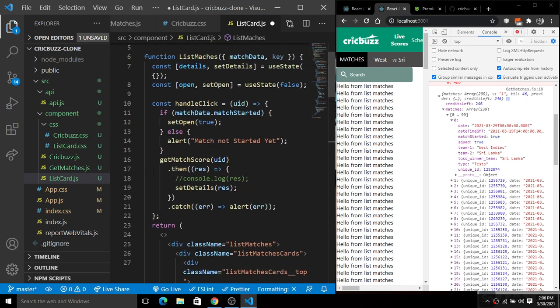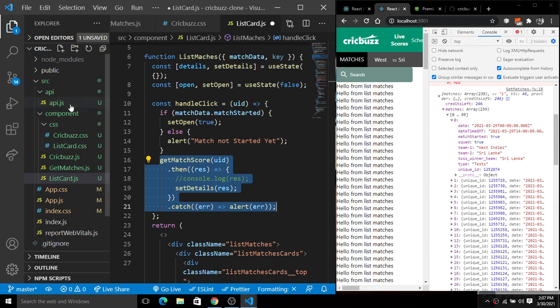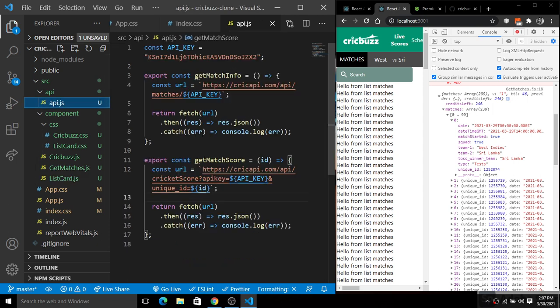So here you guys can see we have this endpoint here. When we click on the C score, we are going to call this get match score in api.js, right? So we have to call this API, and we will simply pass the unique ID, the match ID there.